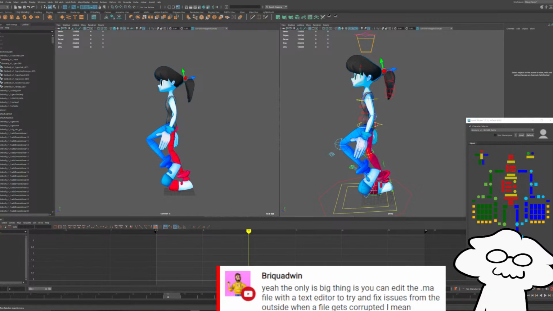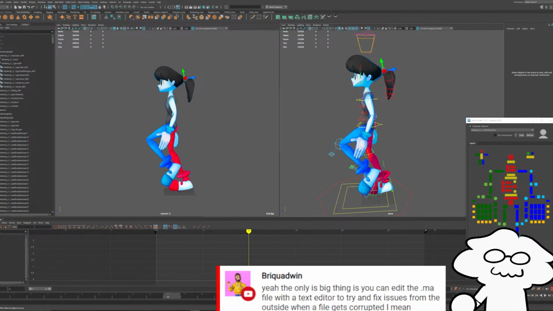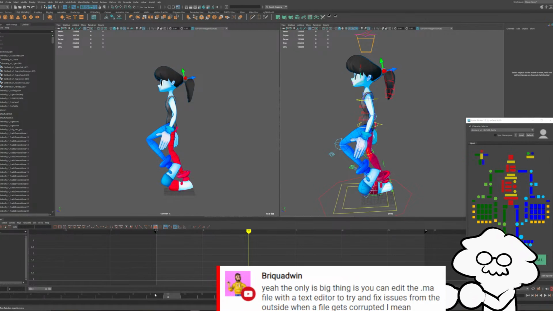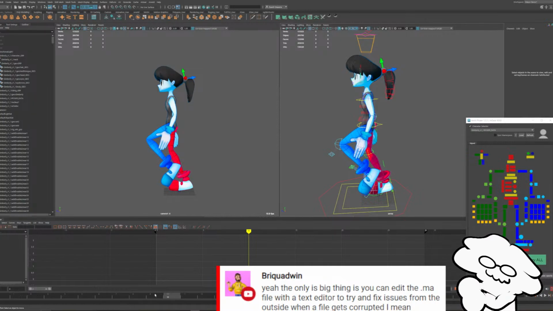But I have opened up Maya files that were .mb that had tons of stuff in them, and they were very complex, and you couldn't do anything to them because they were compressed in .mb files. But generally, 99% of people, especially when you're an independent animator and you're not working with a lot of files and a lot of characters and complex scenes, can work with .ma or .mb files just fine.